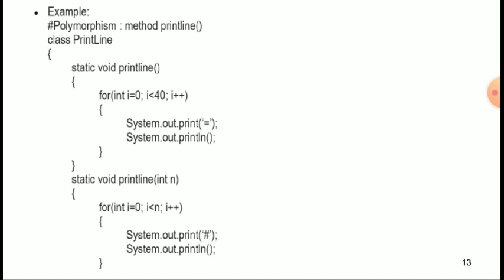So next is an example of polymorphism, the method println. Class PrintLine, starting curly bracket, void println(), for loop: for int i = 0, i less than 40, i plus plus, System.out.println equal signs, System.out.println, end of the curly brackets, static void println(int n), for loop int i = 0, i less than n, i plus plus, starting curly brackets, System.out.print the hash sign,